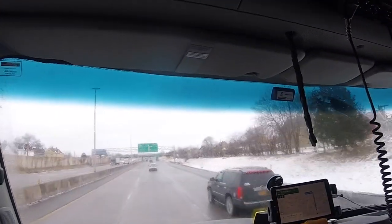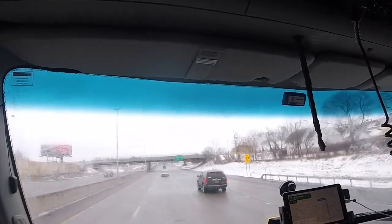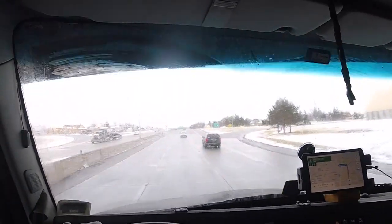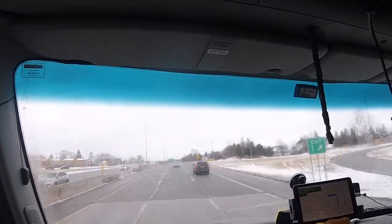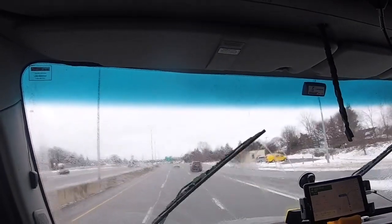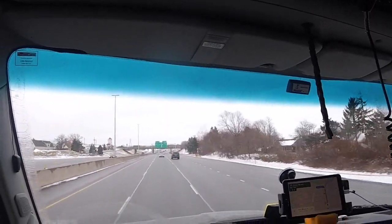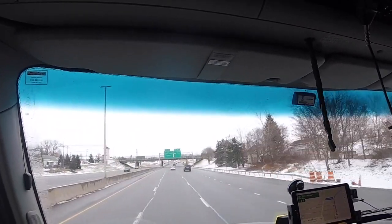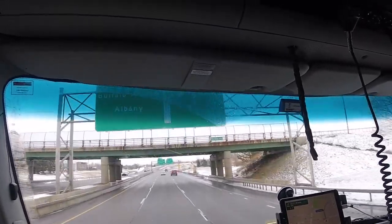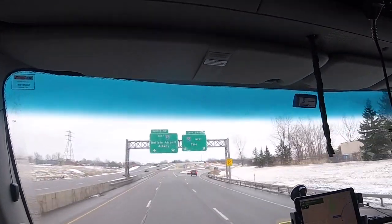Alright, so what do you guys think? Am I gonna make it tonight to that truck stop? 502 kilometers. So that's if I drive non-stop at 100 kilometers an hour, it'll take me 5 hours, and time now is already 25 minutes past 1. Yeah, I think it'll take me probably all the way to...